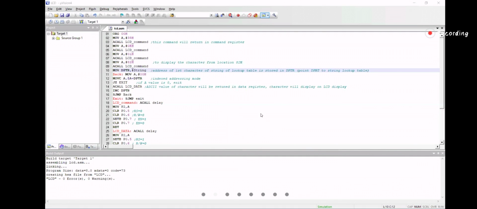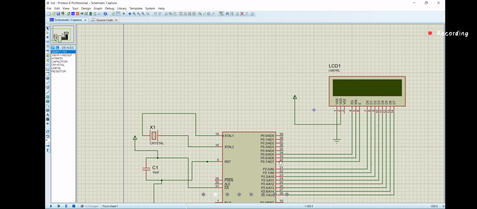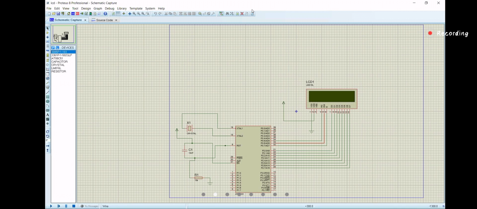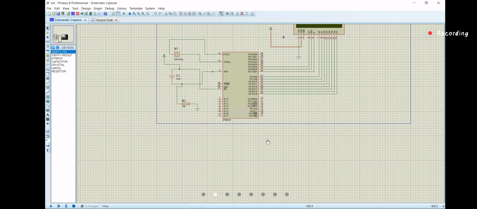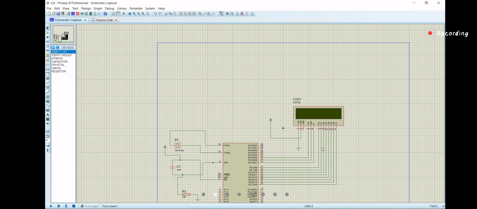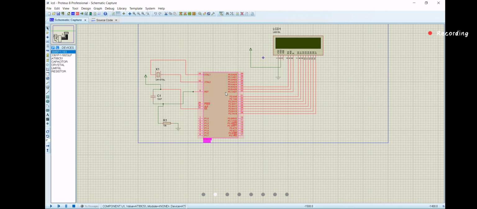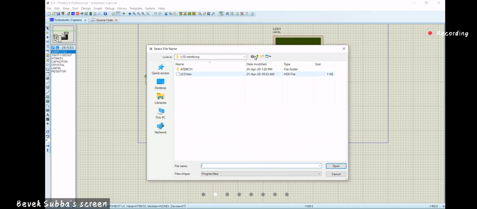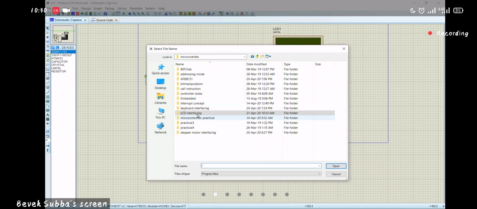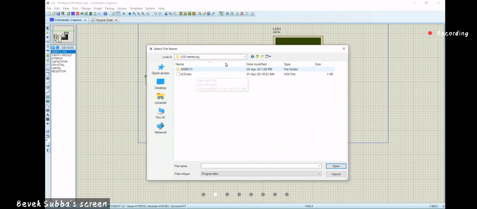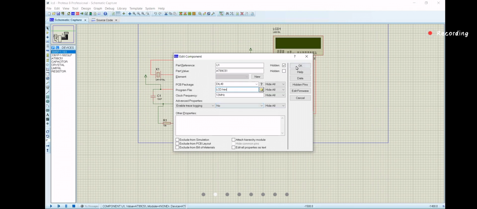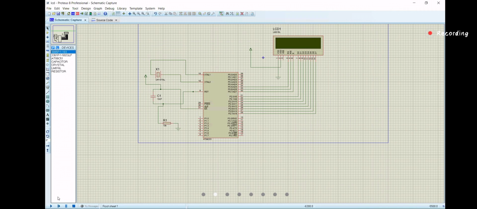Or not clear. Or sleeping. So I'm putting in the hex file. Let's see. But it's not displaying. Something is wrong.